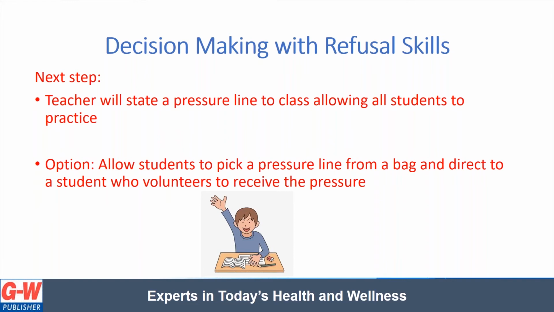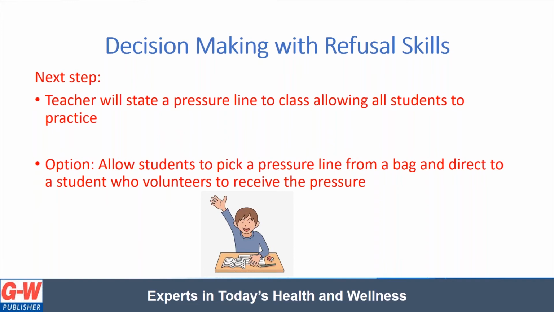So as the teacher, I would pick a pressure line and read it to the entire class. And there's kind of always this awkward silence as soon as I read it, and that's okay because we want each student to process it and think about what they would actually say. Then allow some students, I actually allow quite a few, maybe somewhere between 3 and 5 students to share their response. And when they share their response, I let them know that it's important to say it in an assertive voice, not only their verbal, but nonverbal communication as well. And it's great for students who are really either struggling with this skill or very insecure to hear their classmates